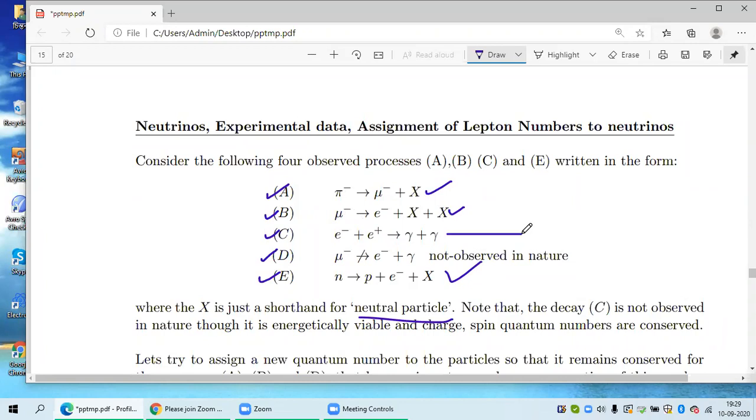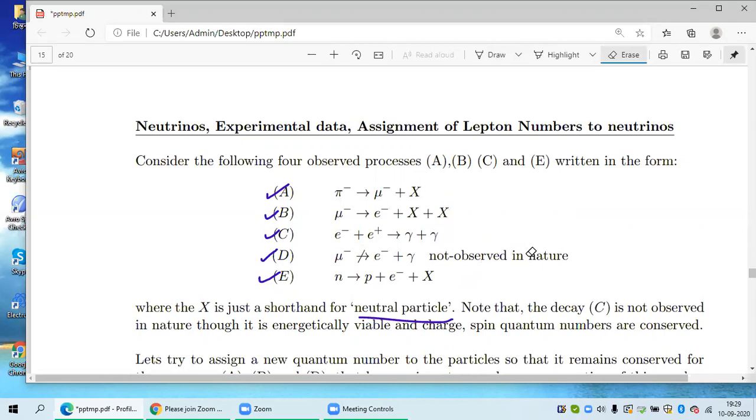Now this is another reaction which has been observed in the laboratory for a very long time, because if we hit an electron and a positron, 2 photons are produced. So this also happens in nature. This is called pair production. You may know this. This reaction D is not observed in nature, so I made the arrow like this. It doesn't happen in nature. Now carefully look at this equation and try to follow what I am saying.